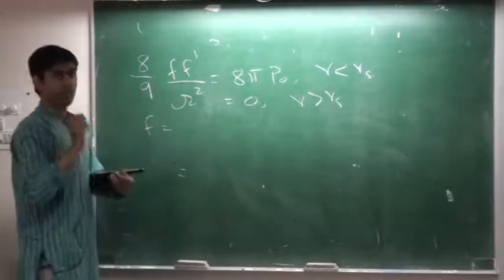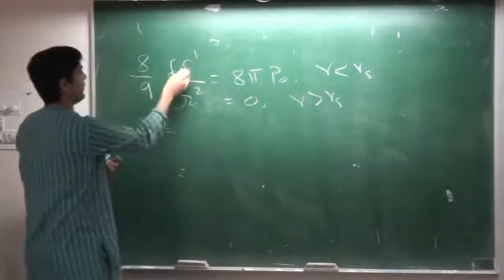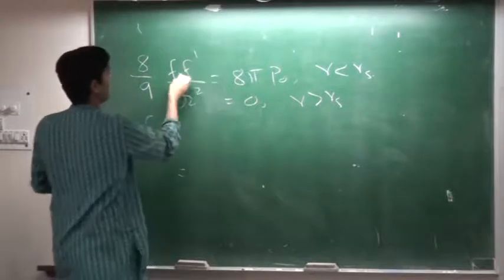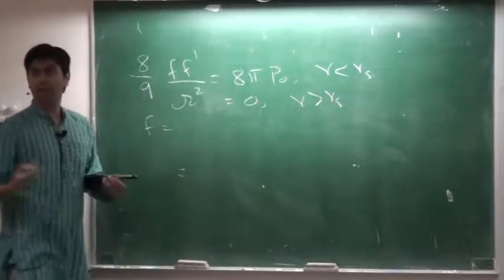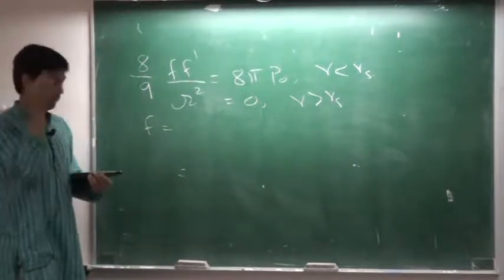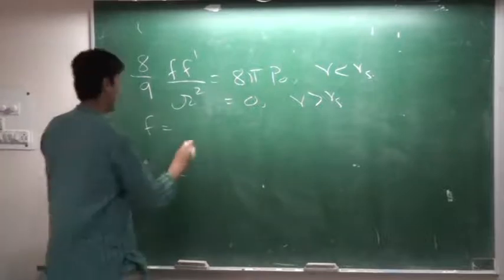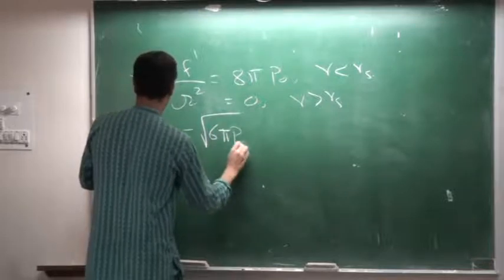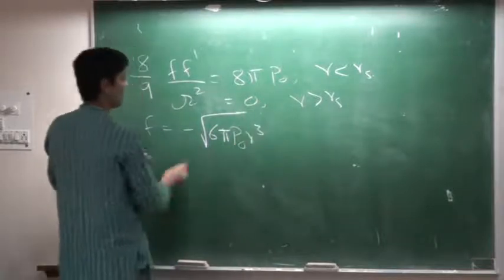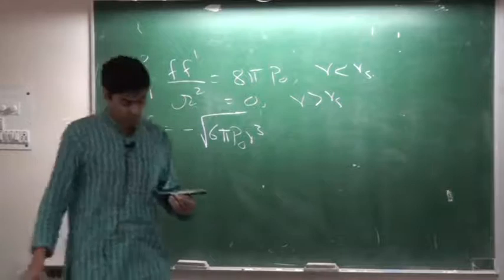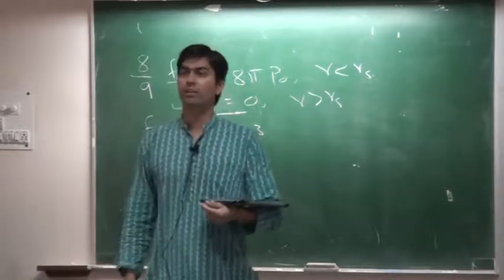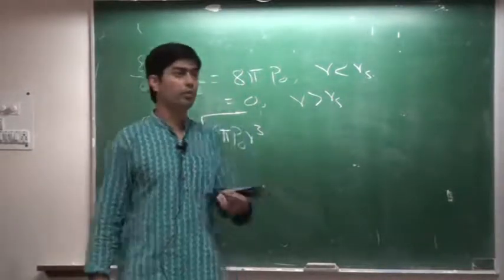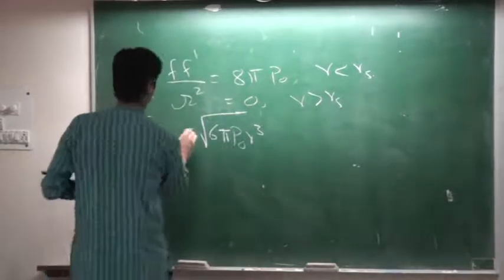Now there's a choice of the square root. When you solve this equation, you will get a square. This is the derivative of f squared, so there's a choice of sign you have to make, and you find that f is minus root of 6π rho naught r cubed. The reason for choosing this sign is that it corresponds to a shell that's collapsing rather than a shell that's exploding. If you were to use the opposite sign, which is a plus sign,